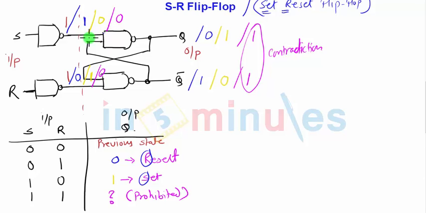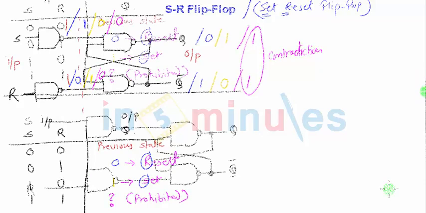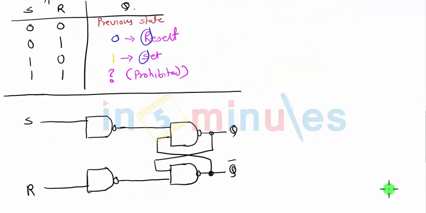So we need to do something such that S and R take the values only when we want them to take the values. For that, another input provision is there, which we call the clocked SR flip-flop. We introduce a clock signal with the help of which the SR flip-flop works. This kind of arrangement is called a clocked flip-flop.